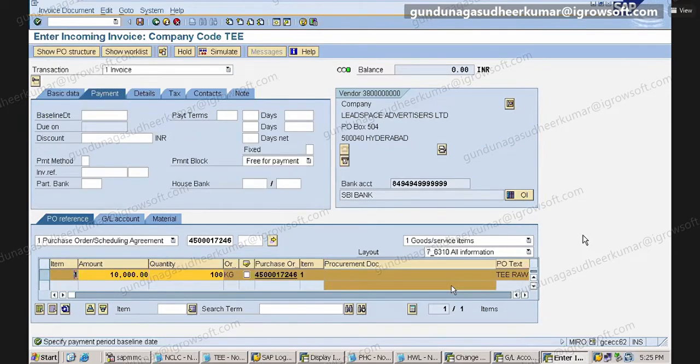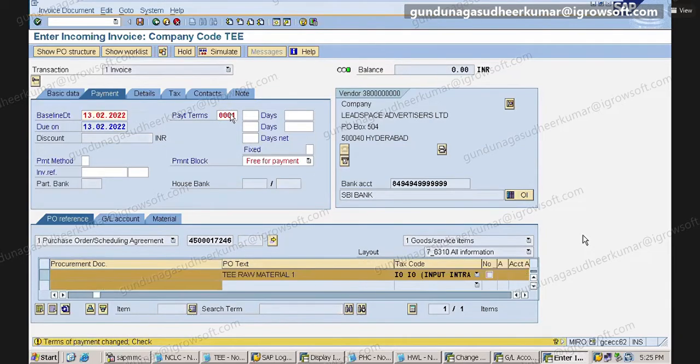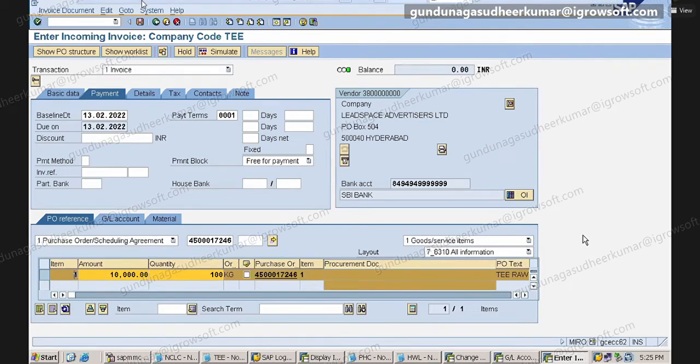So when I post, what is the entry I will get here? GRIR debit, GRIR to vendor.